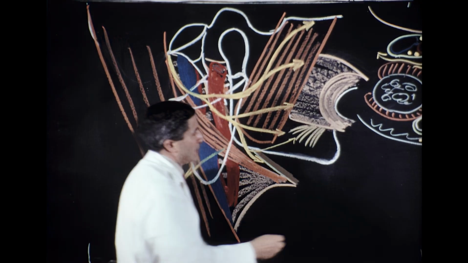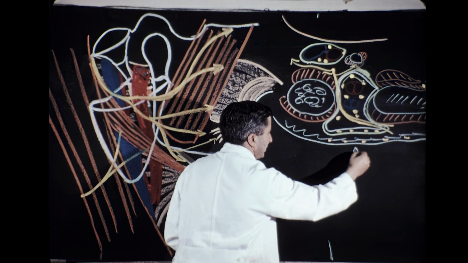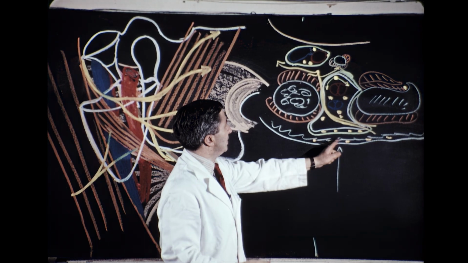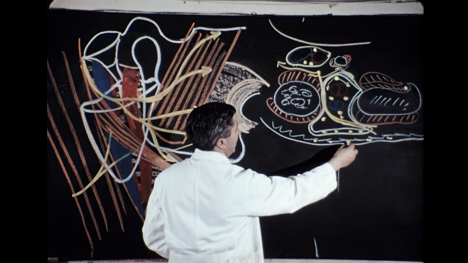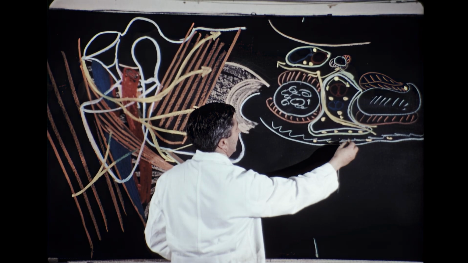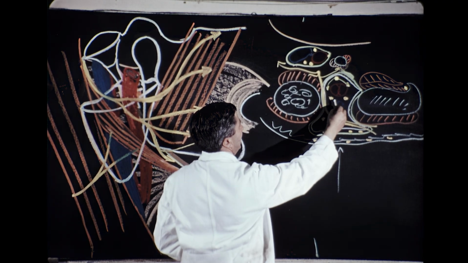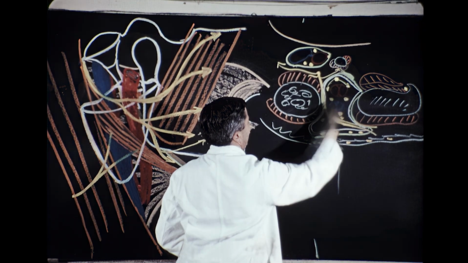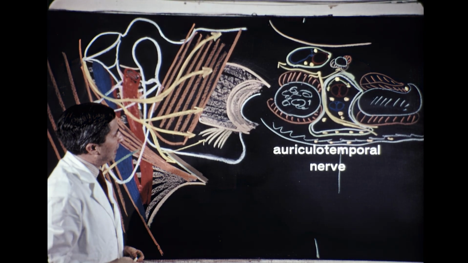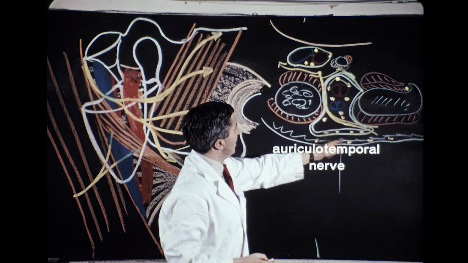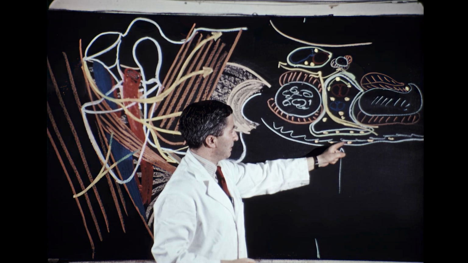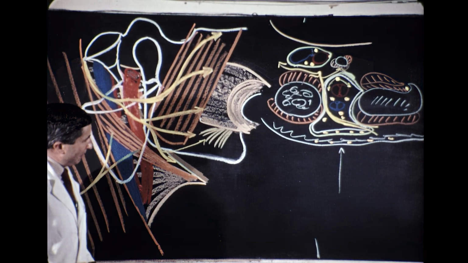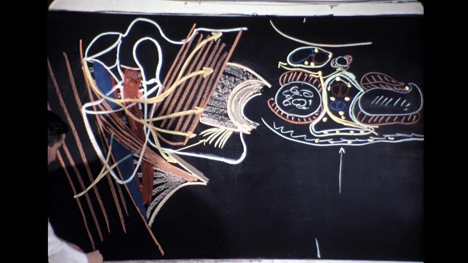The reason I'm drawing your attention to this is that if a child or anybody else gets a penetrating injury, such as a dart, going into the parotid gland from the side, you can see how it's possible to damage the great auricular nerve, which is a sensory nerve here, supplying the skin and the sweat glands, and come right the way through, and also damage the secretomotor fibers coming up from the auriculotemporal nerve. And during the process of repair, these two sets of fibers may cross, so that some of the secretomotor fibers may come out into the great auricular nerve and cause sweating every time the person thinks about food. An interesting anatomical complication